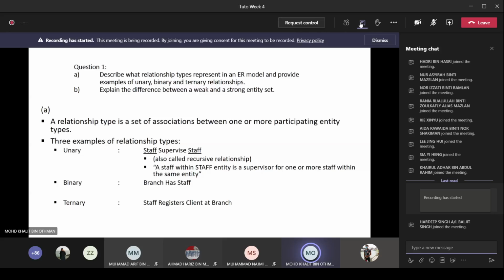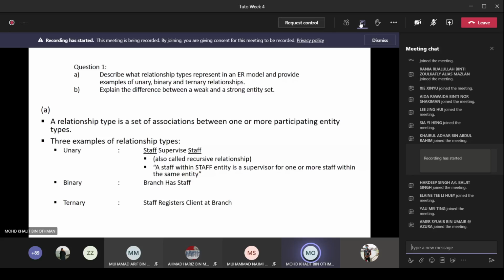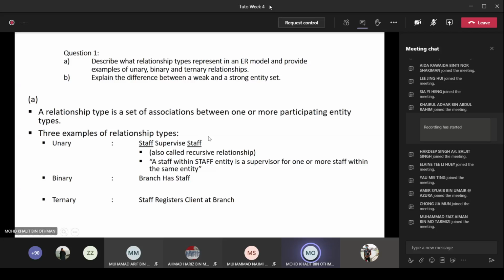The question also asks you for examples. We have a lot of examples you can find from our reference book or from the internet. An example of a unary relationship, within one entity, is staff supervises staff. We have an entity named staff, and then we have an association named supervises. Staff is the entity and supervises is the association. So staff supervises staff is an example of a unary relationship,